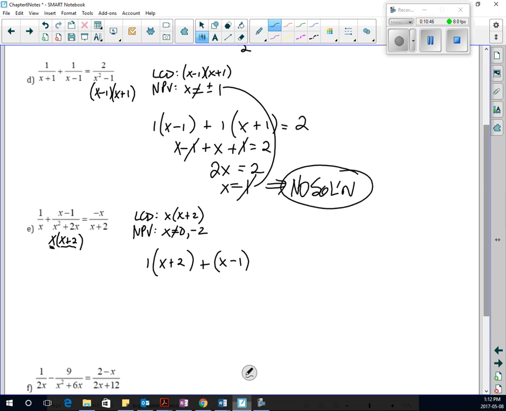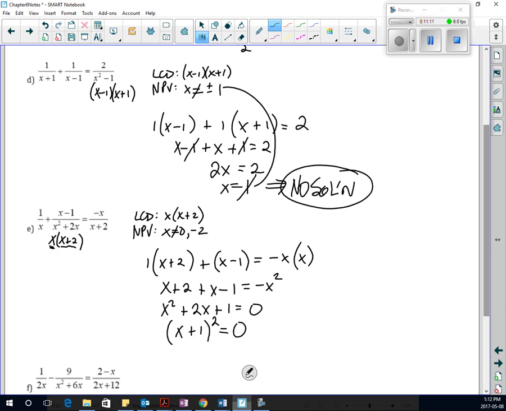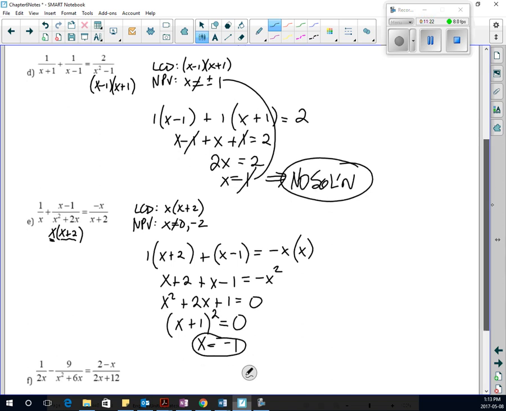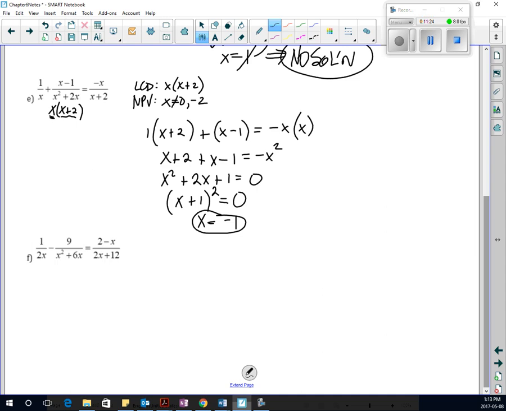I'm just left with x minus 1. And then I'm left with negative x times the x plus 2's will cancel, and then I have to multiply it by an additional x. So I get x plus 2 plus x minus 1 equals negative x squared. Move everything over. I get x squared plus 2x plus 1 equals 0. So if I factor that, I get x plus 1, the whole thing squared equals 0, which means x equals negative 1. And that looks good for solutions, and you should check your answer if time permits to make sure you get 100%. Our last example